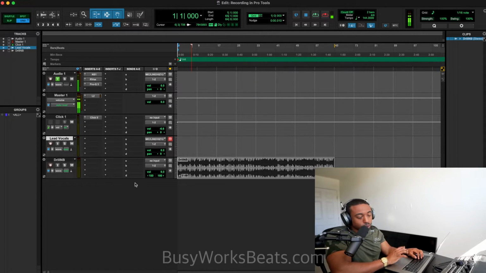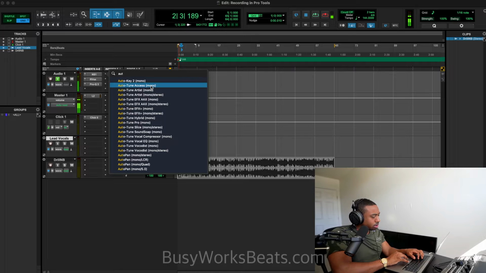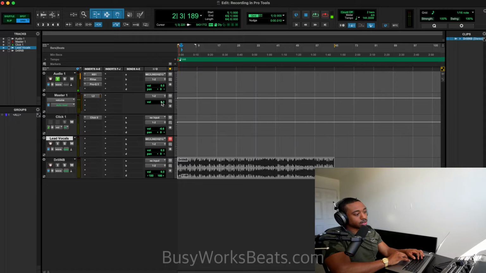So let's record something. So firstly, you guys probably are going to be using Auto-Tune because this beat is an Auto-Tune type beat. So for the lead vocal, what I'll do is use it on this microphone just to set it up. So let's open up Auto-Tune, and we're going to use Auto-Tune in mono. Let me see. Can I find it? Where's Auto-Tune? Do I have Auto-Tune? Pretty sure I have Auto-Tune. Here we go. Okay, so there's so many of them.